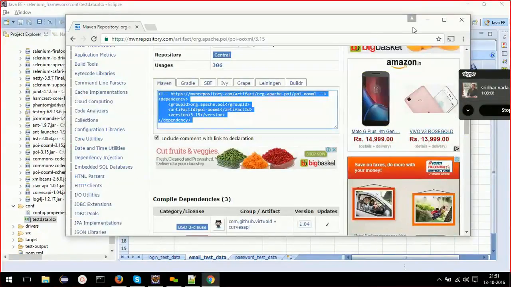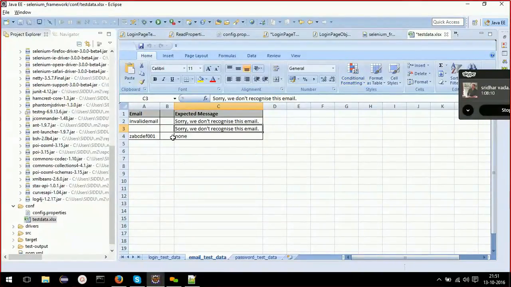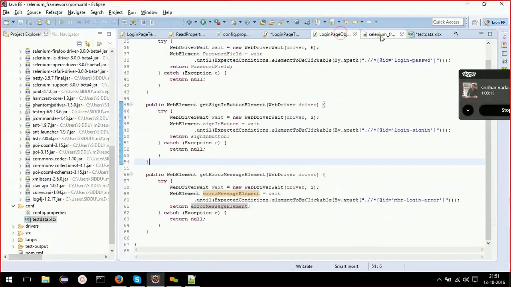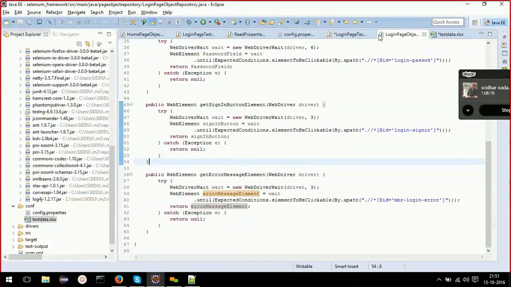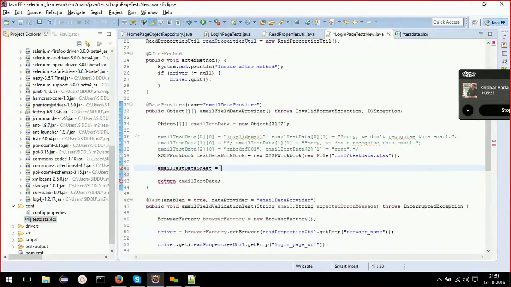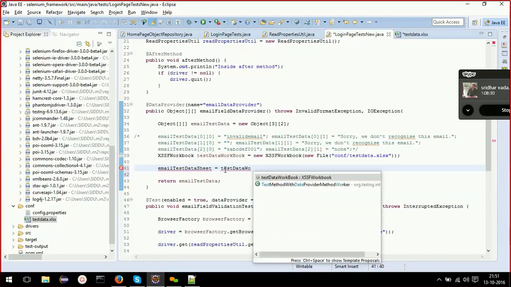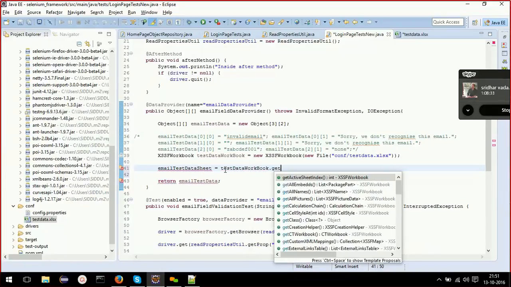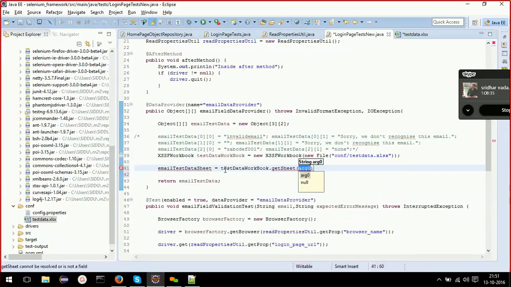What I will do, test data workbook dot getSheet, pass the name of the sheet over here. That means it returns the sheet with the name email test data.